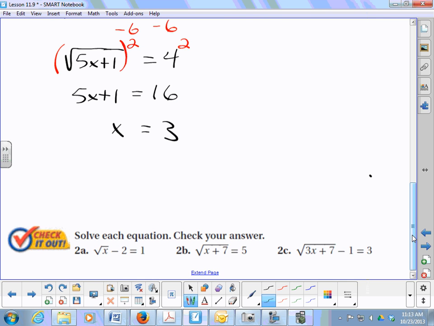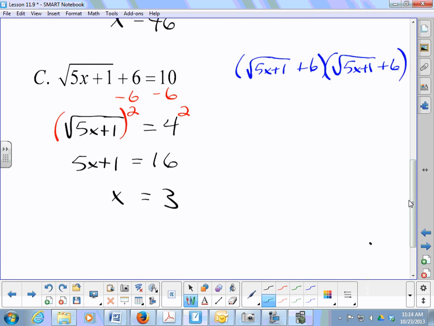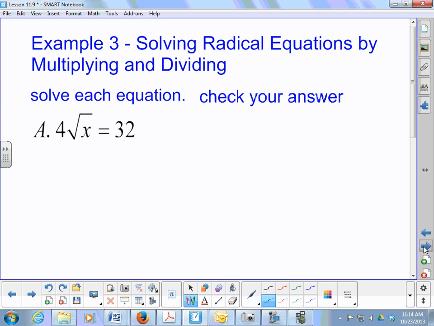Where does the 3 come from? Oh, it's 5 times 3 plus 1. All right, so we had to add or subtract there. Now we're going to look at multiplying and dividing. But the whole point is you need to